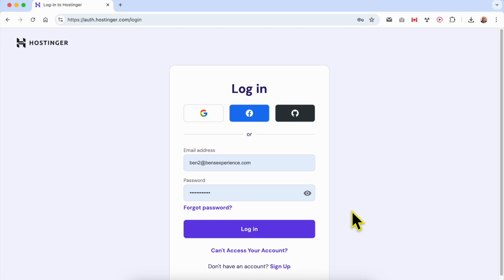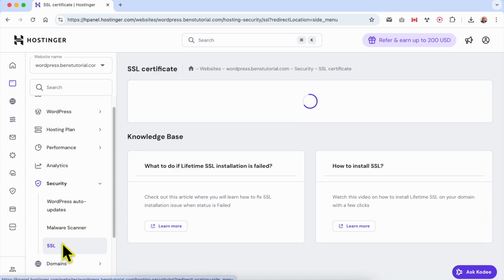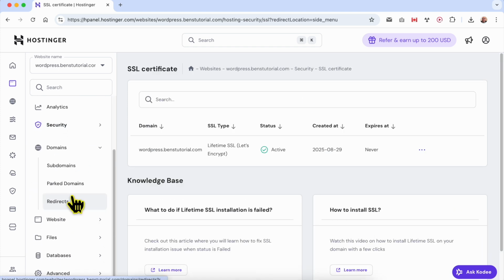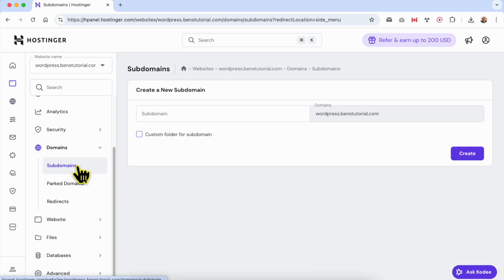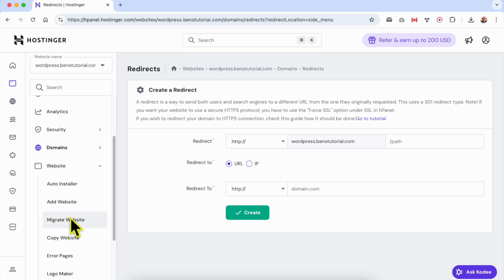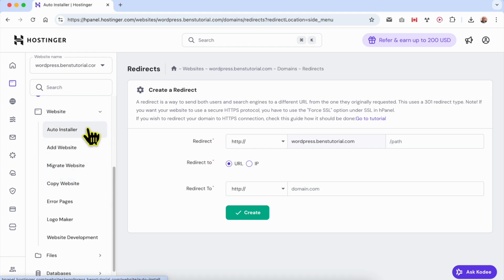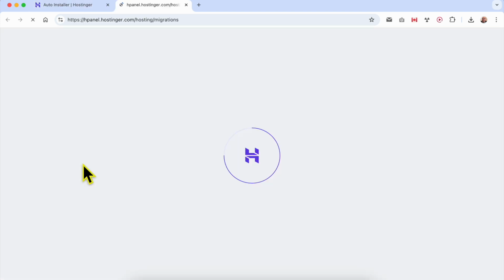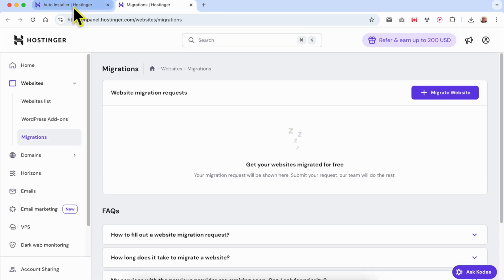From analytics, you can see information about your website traffic. Below security, you can install the free SSL certificate. And below domains, you can create a new subdomain and also set up redirections. From website, you can install WordPress and other CMS, or content management systems, easily. You can migrate your